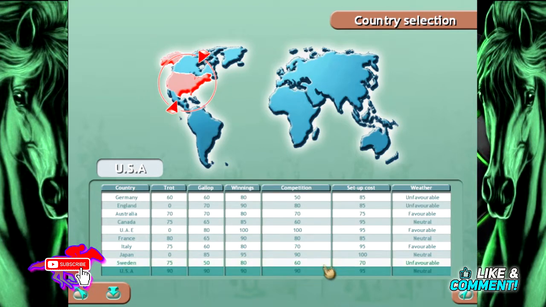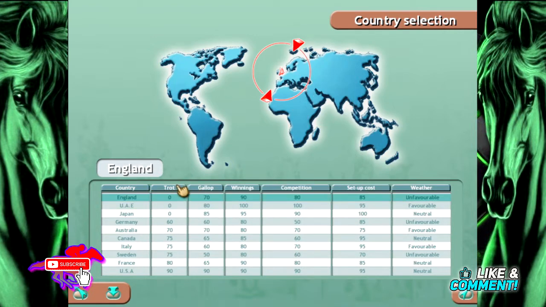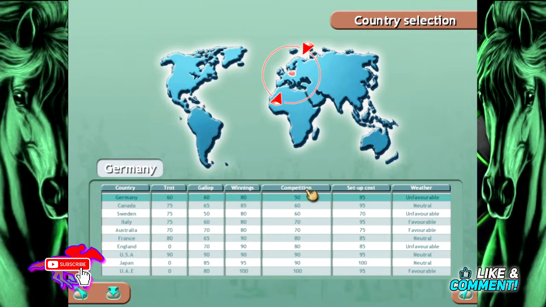Now, we're going to go somewhere that is favorable for us, probably with not a lot of competition, because this game's already on hard. We want to be somewhere where we can do relatively well, and then, of course, we'll give ourselves an opportunity to race in the more competitive places. So, if we want to sort this by trotting, obviously see which countries have trotting. Now, if we want to sort this by competition,